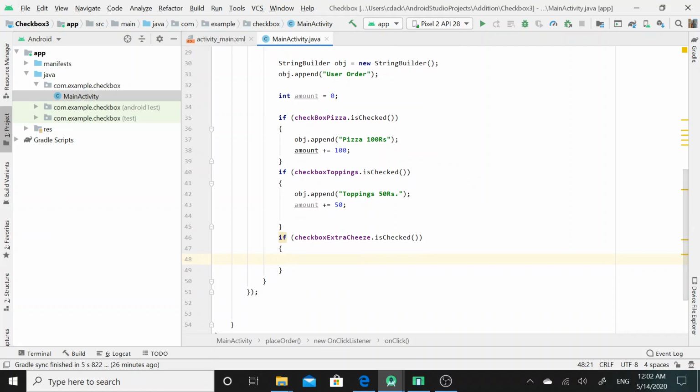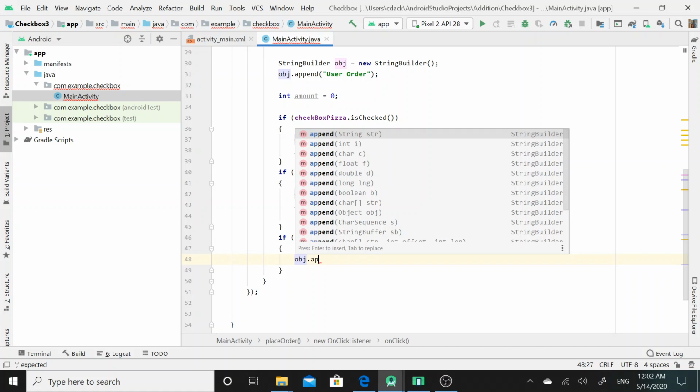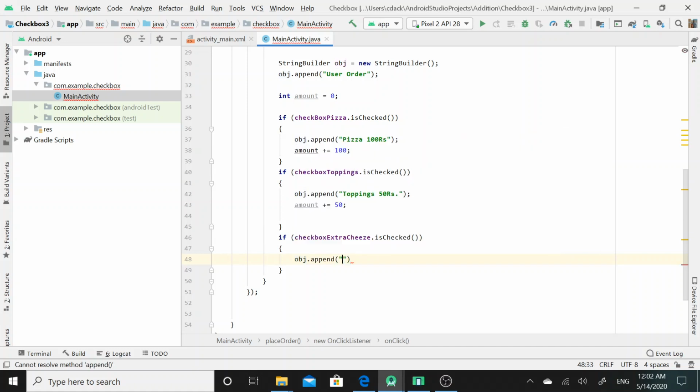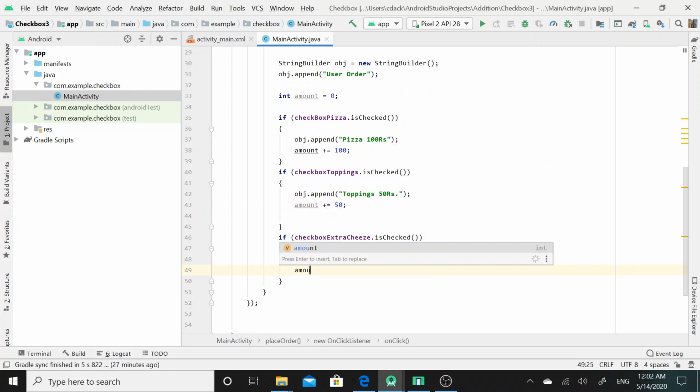So if the user has selected this checkbox, then I would append the result as the amount of extra cheese is 80 rupees, and the user will be charged another extra 80 rupees to the previous amount.